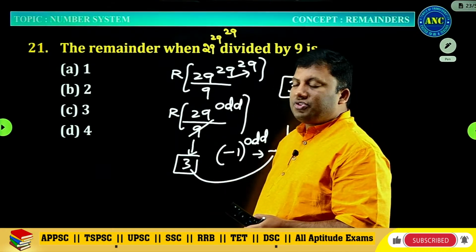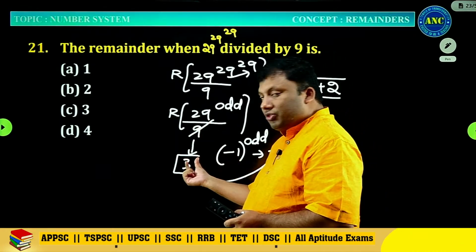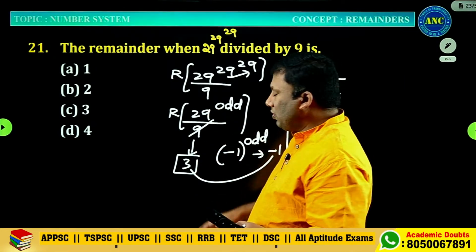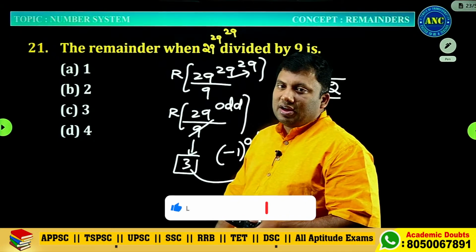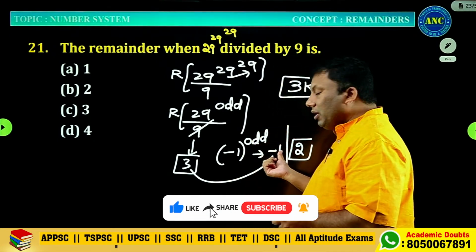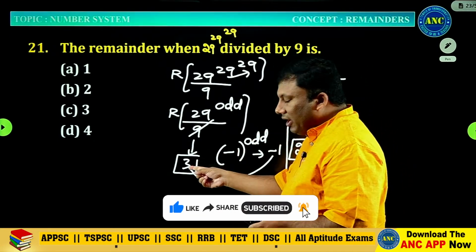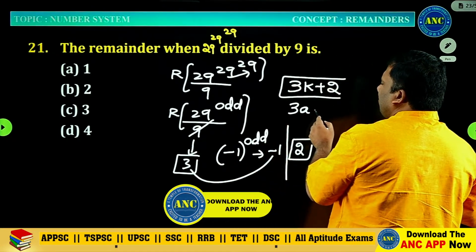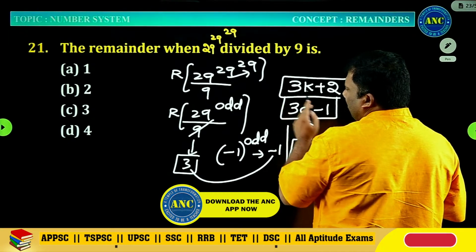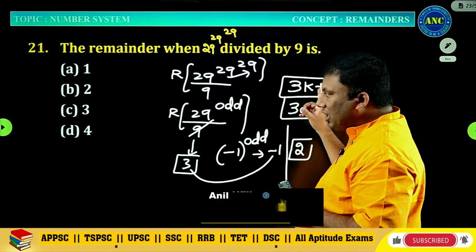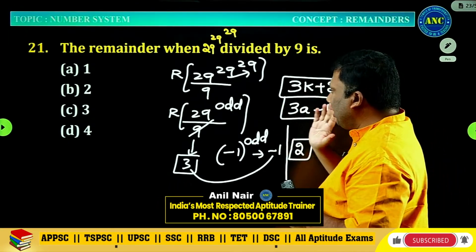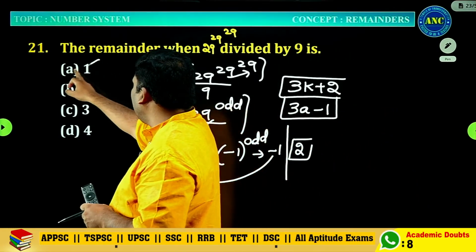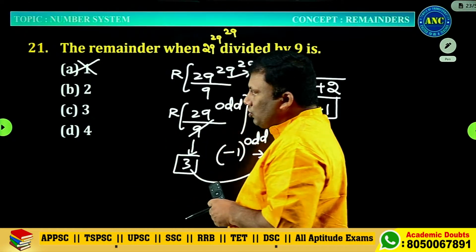9 is a composite number derived from 3. 3 tens are 30, a negative remainder, minus 1. Minus 1 power odd is minus 1. The negative remainder is minus 1, and the positive remainder will be 3 minus 1, 2. When divided by 3, the negative remainder can be minus 1. If the answer is not of this format, then it can never be the answer. The answer when divided by 3 should give either plus 2 or minus 1.